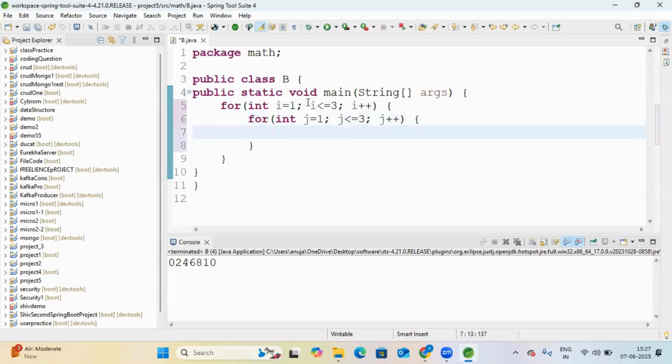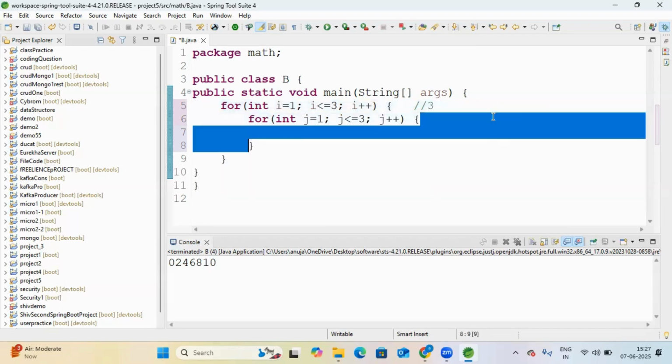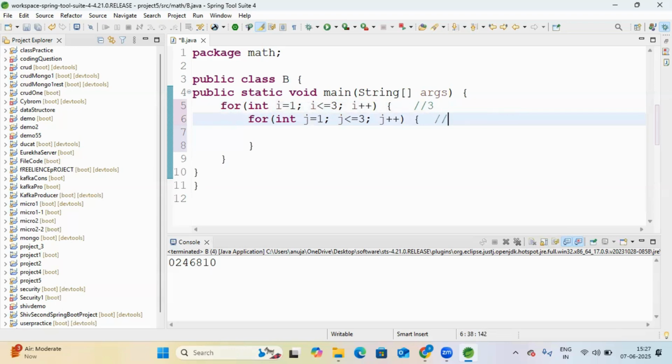So how many times will this nested for loop run? The outer loop will run three times. And the second for loop will also run 3 times, so i will run 3 times, then j will run 3 times. Then it is equal to 9. So a total of 9 outputs will be printed here. Three times this and 3 times this. 9 outputs we will get. 3 3s are 9. So